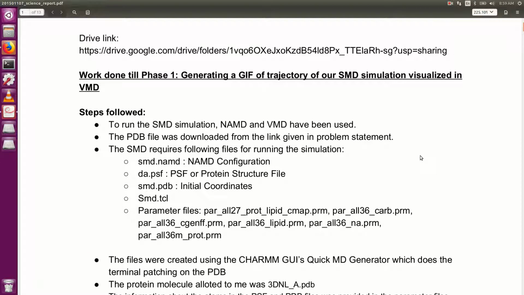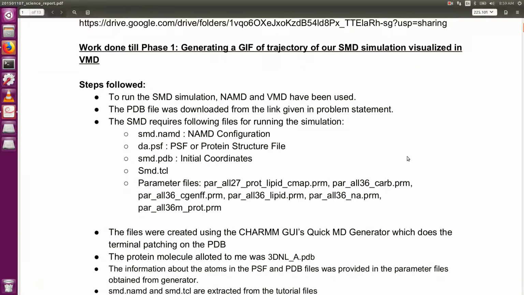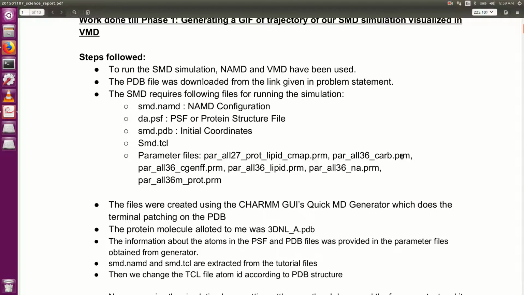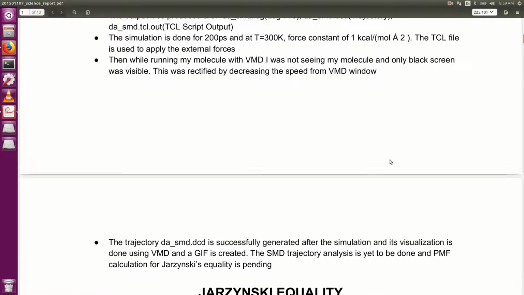In the first phase, I generated a GIF of the trajectory of our SMD simulation, which was visualized in VMD. These were the steps followed in phase 1. Now coming on to phase 2,